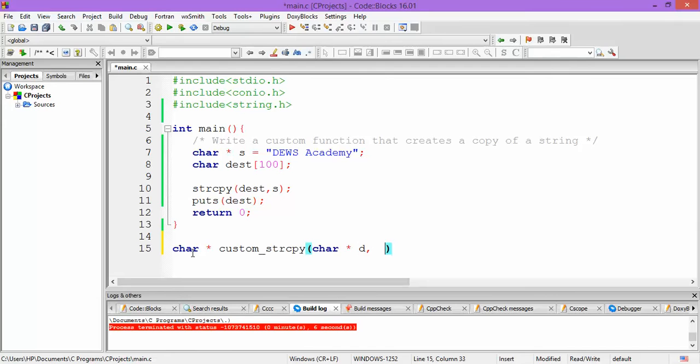The first pointer is the pointer to the destination array, so let us name it char asterisk d, and the second pointer is the pointer to the source string.